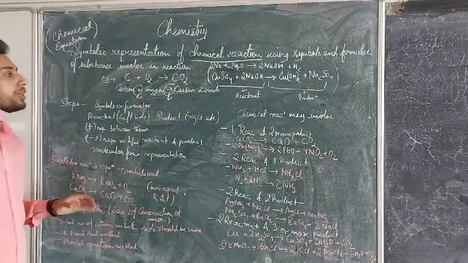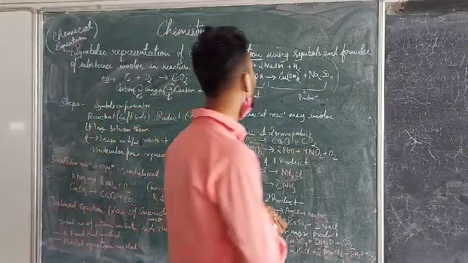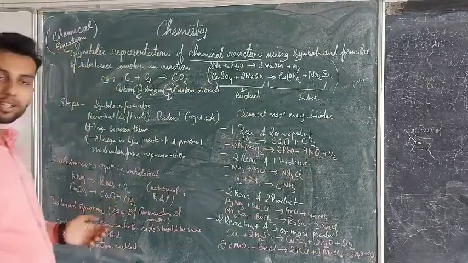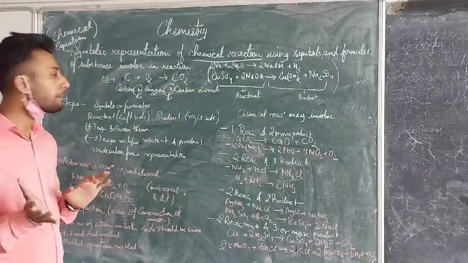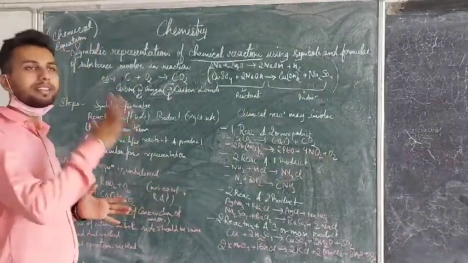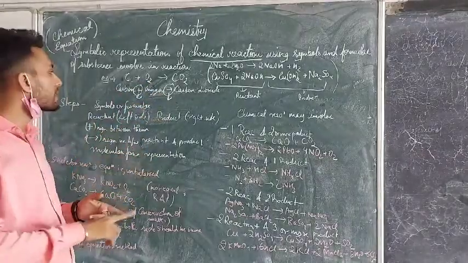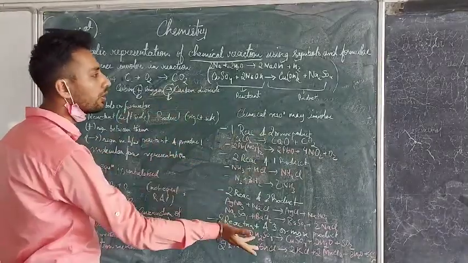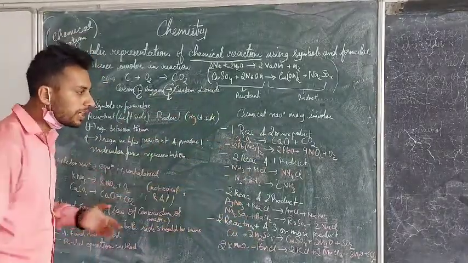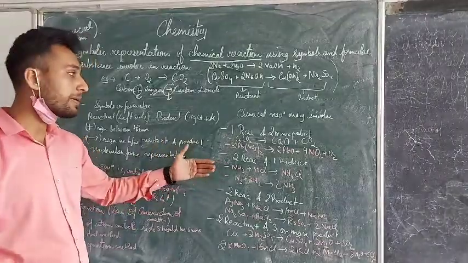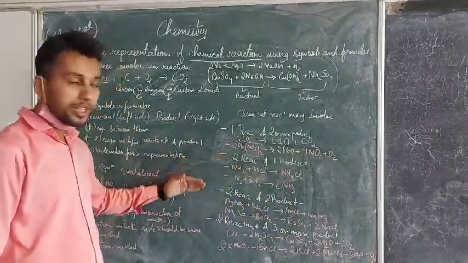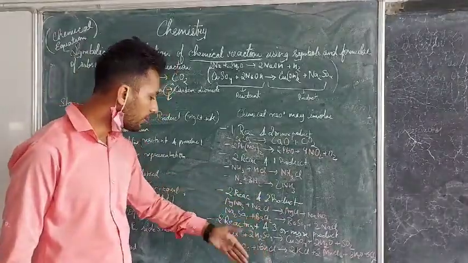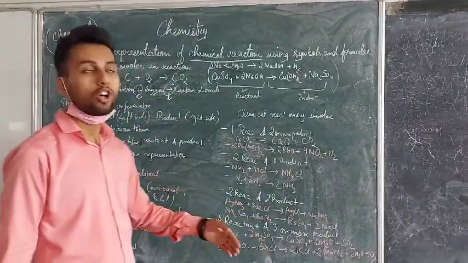So what we had studied today, I am revising it. We had studied today about the chemical equation. A chemical equation means a symbolic representation of a chemical reaction using particular symbols and formulas of the substances involved in that reaction. These are the example steps involved. The plus sign and arrow sign are clear. Reactant sides are on the left side and product sides are on the right hand side. A chemical reaction may involve one reactant forming two products, two reactants forming one product, two reactants forming two products, or two reactants forming three or more products.